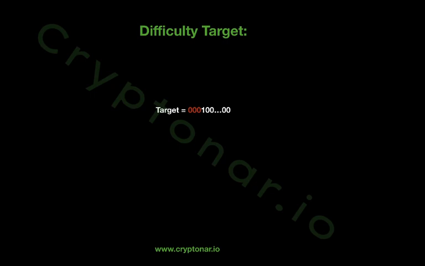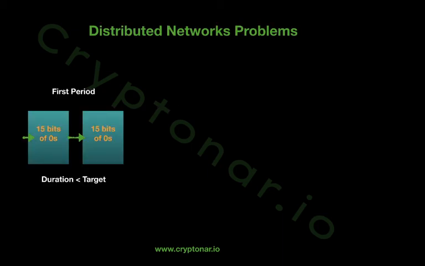And so the difficulty target is: you have some zeros on the left, and then stuff on the right. Here I drew it a little badly, but on the left are the zeros that we need to fulfill our condition, and on the right it can be random numbers, random stuff. And this is the target. This is the famous difficulty target. It is simply the number of zeros counted in bits. So every zero is a bit, because it occupies a space in this hash.